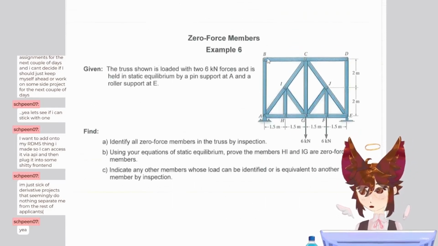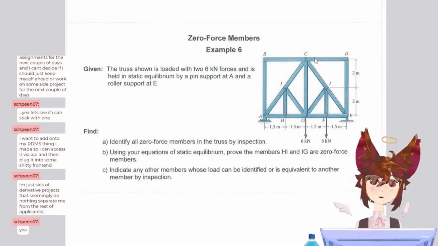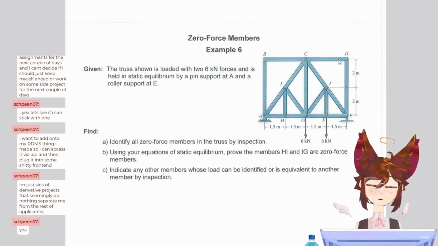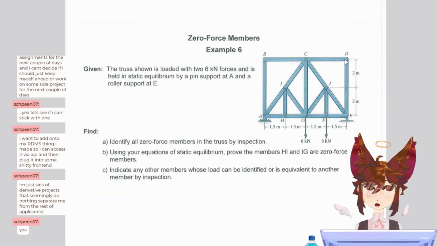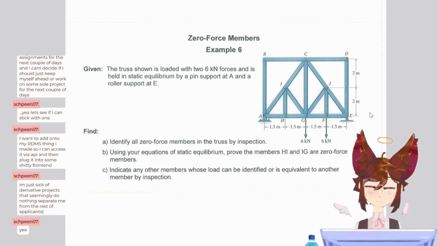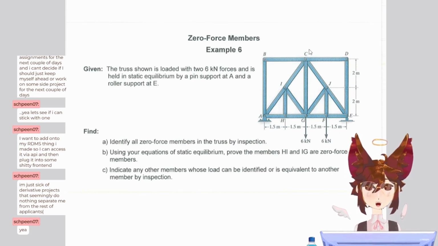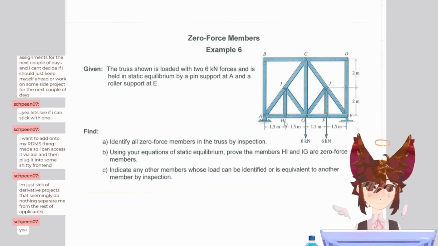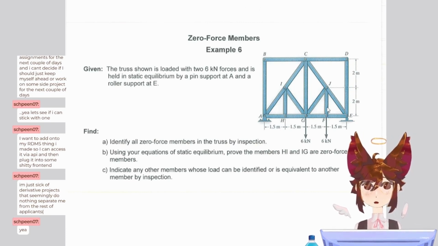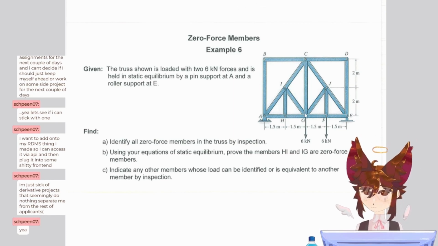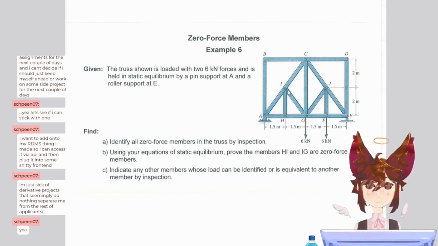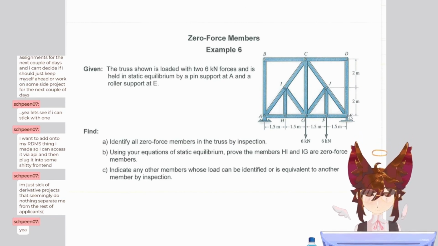Okay, so there's 2 here. AB, BC, instantly. CD is going to, I think CD and DE. I want to say that. Okay, so BCD's on the outside. This one doesn't have an external load on it, so this one is. This one does have an external load on it, so nah. This one, too many. This one, too many. This one, too many. This one, yes. Too many. This is 3, yeah, it's too many.